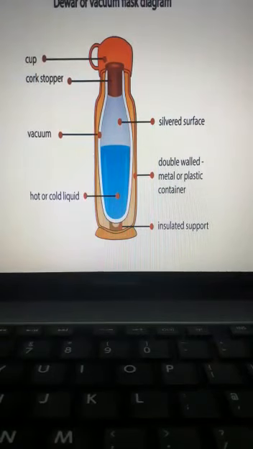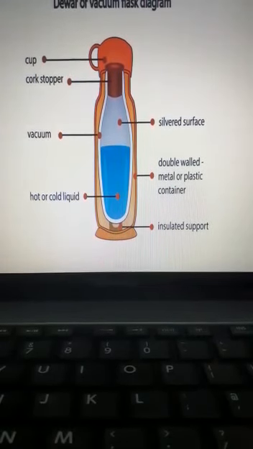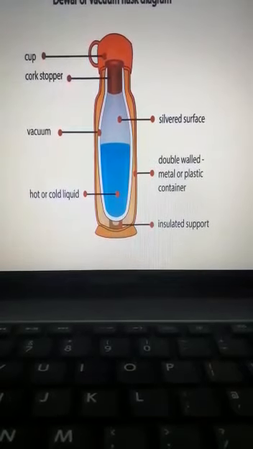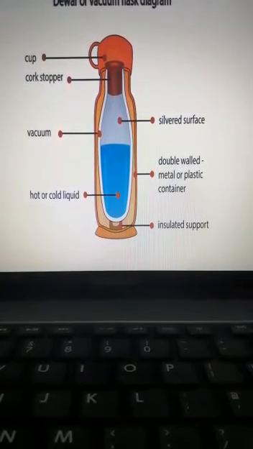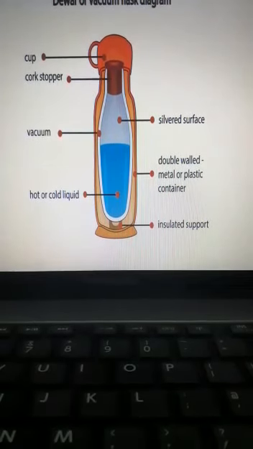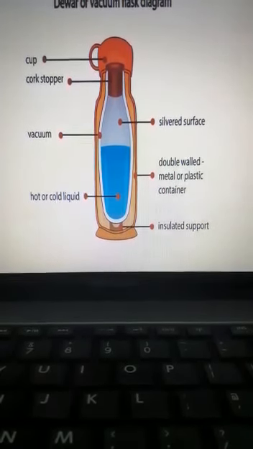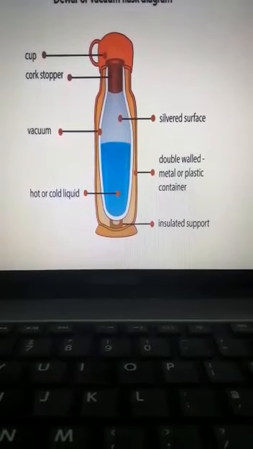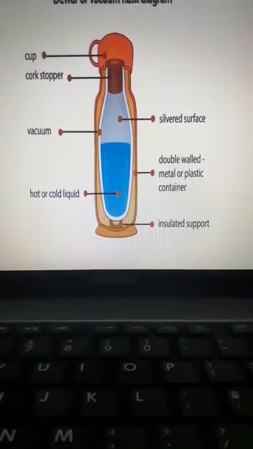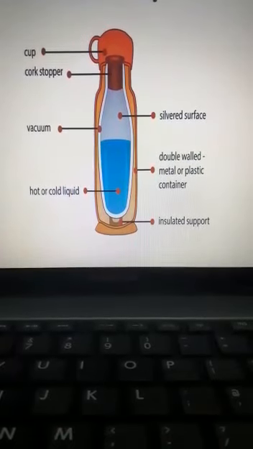All of you know about convection and conduction, as these are methods of heat transfer, right? Then there is a space between the walls. That means the air is removed and creates a vacuum, so heat loss by convection and conduction is reduced. Then the silver lining of the walls reduces heat loss by radiation.